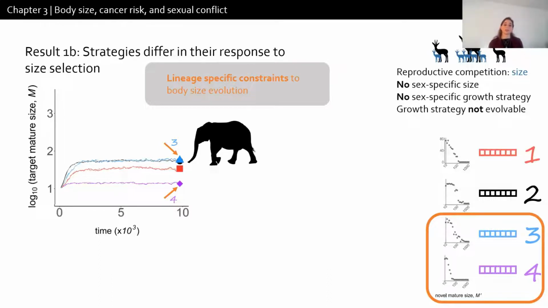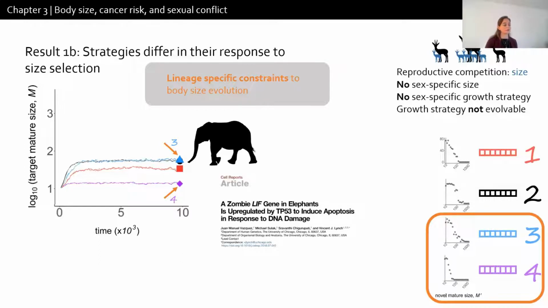And this might potentially be one of the reasons why some lineages could become larger in size, whereas some others could not. And there's some evidence for this in elephants, for instance, where it has been shown that elephants had this pseudogene that became refunctionalized, and this refunctionalization coincides more or less with body size increases. So these researchers have this hypothesis that this might be permissive for them to increase their size. And this gene is related to DNA damage response, which is a part of this set of strategies that we look at as well.